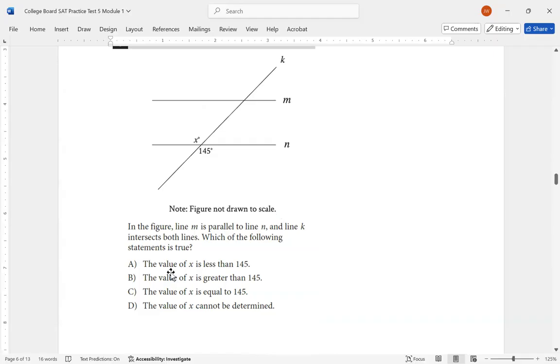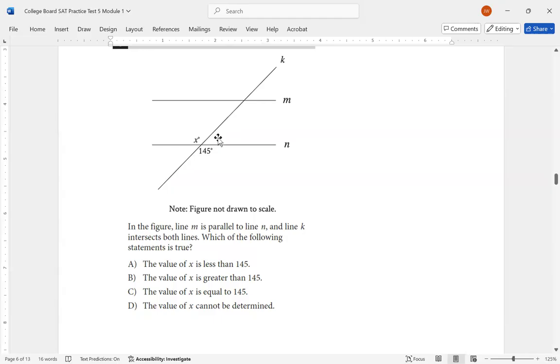And it says the value of X is less than 145, the value of X is greater than 145, the value of X is equal to 145, or the value of X cannot be determined. Well, interestingly enough, we don't need the fact that these two lines are parallel. That doesn't actually do anything for this particular problem, because what we're actually going to use is